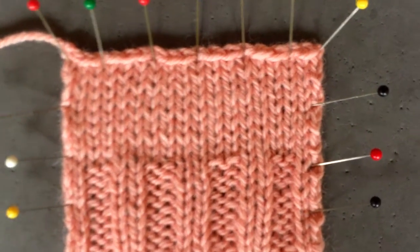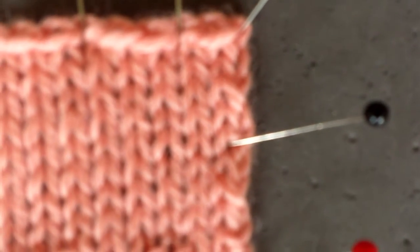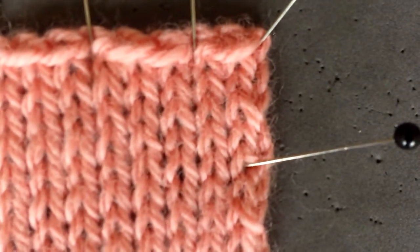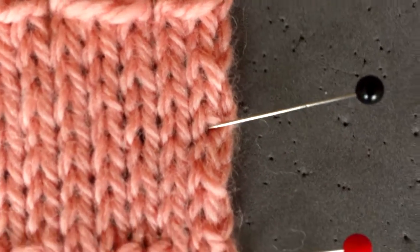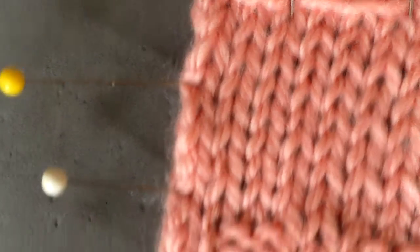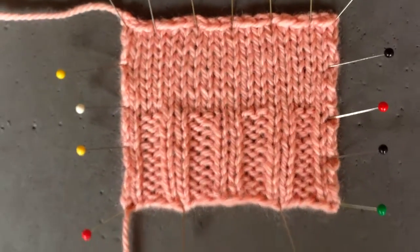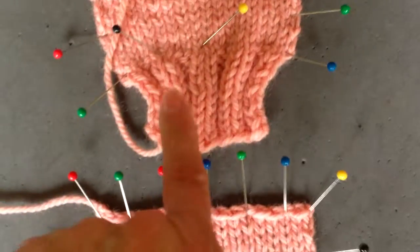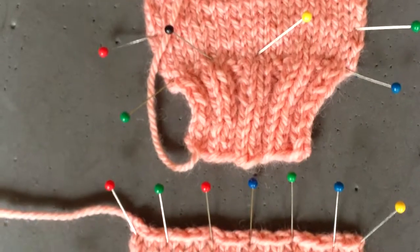Now the other thing I want you to notice is how I have, see if I can get a clear picture, pinned the edges, the selvage stitches flat. I've used my fingers to kind of smooth them out because this is going to make it easier to seam when I do that. Now I'm going to be using these swatches in my next blog because I'm going to be seaming this edge to something vertical, just to show how